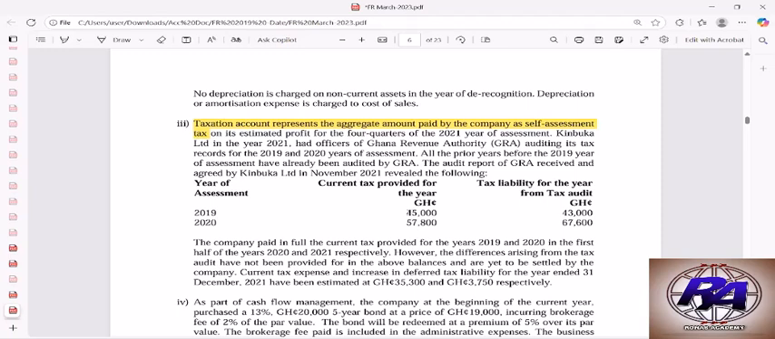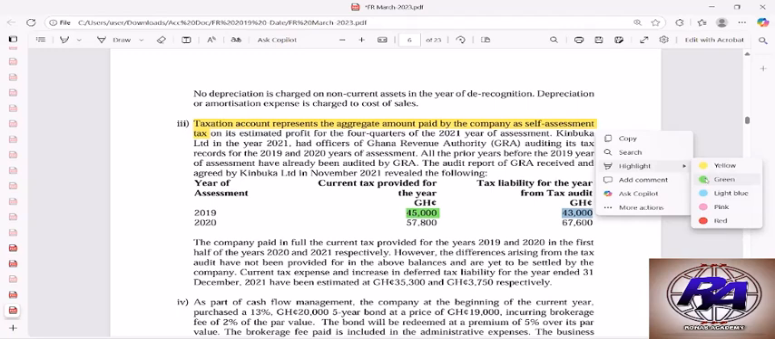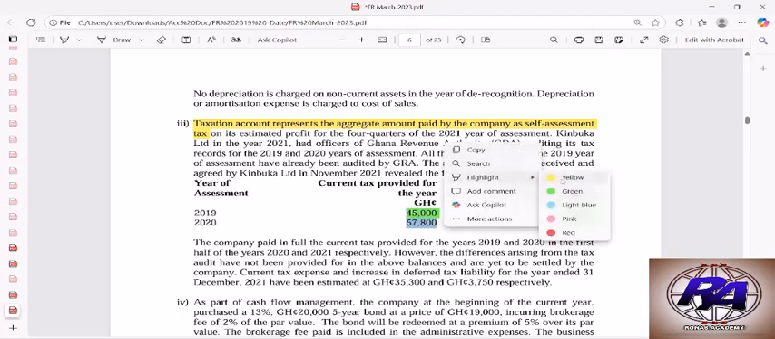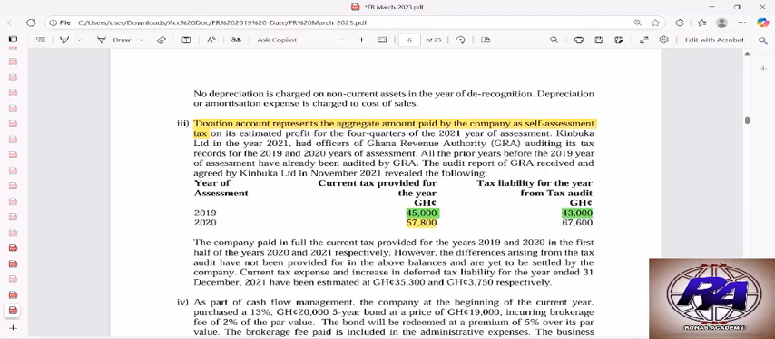Okay. We paid, let me use green here. And this is also green. We made provision for 45,000, but they are saying we must pay 43. This is over provision. And in the next year, we made provision for 57,800, and the tax authorities are saying that we must pay 67,600. So this is what? Under provision,